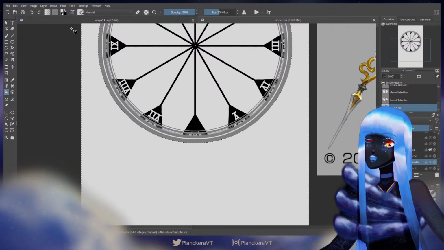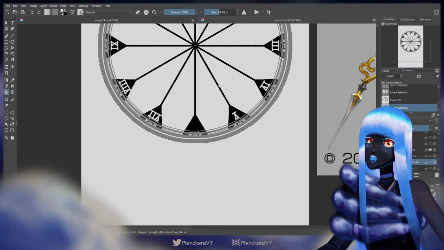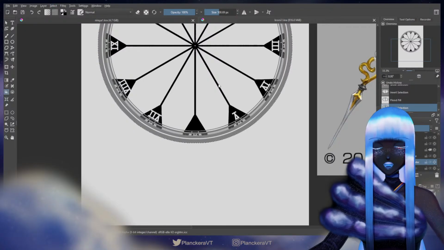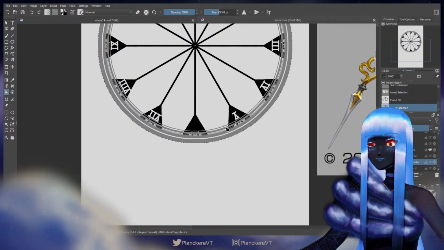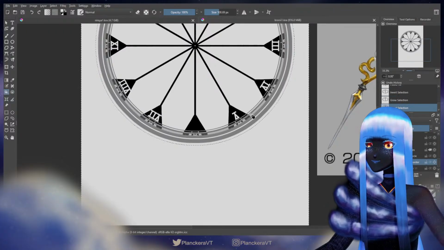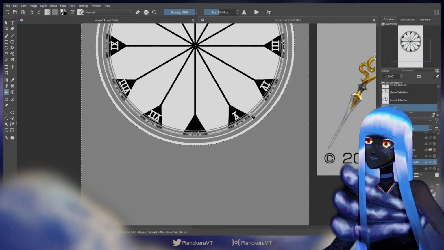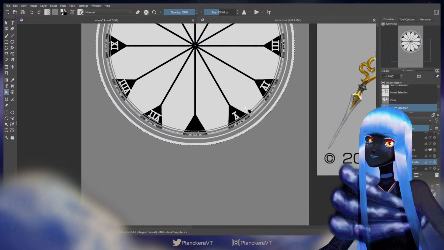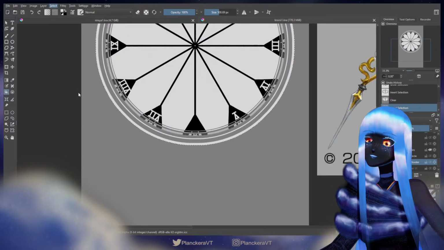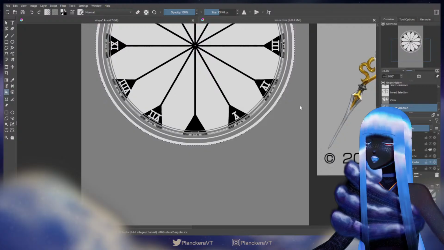And then the width of this line is going to be quite big. So not like 50 big, but maybe like 30 big. Yeah, that's good.